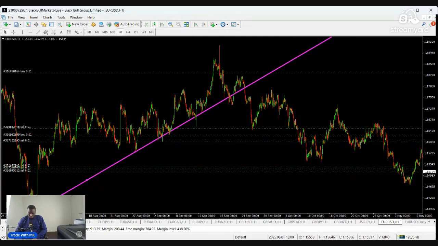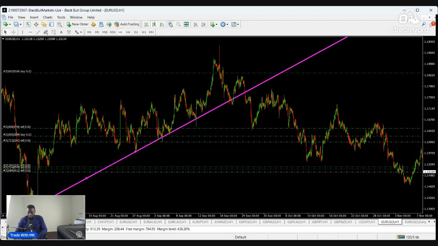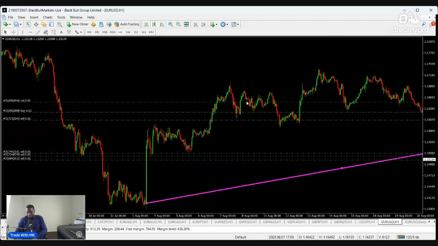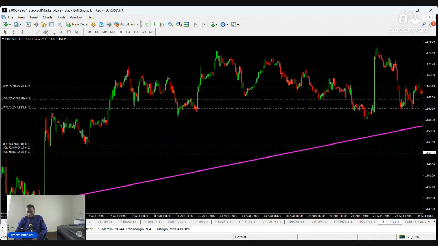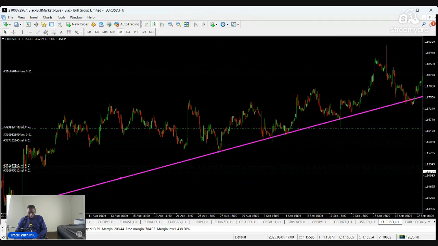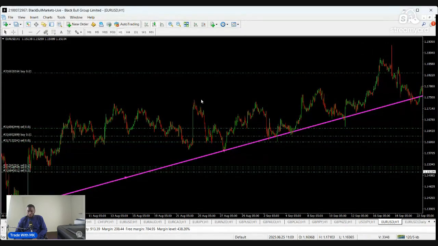Like we said, it can either be the body of the candle, let me make it a little bit bigger so you can see better. The body or the wicks here, it doesn't matter, but it can be exact. So we put it there, second touch, and then what happened? Our third touch happened there. So here, when the price goes up, drops back, higher high, higher low, higher high, the third touch,